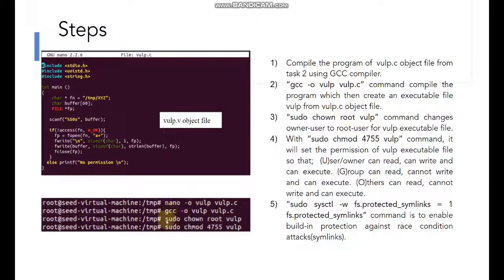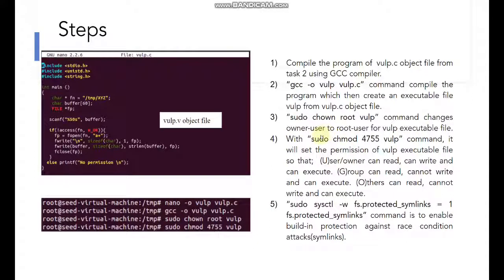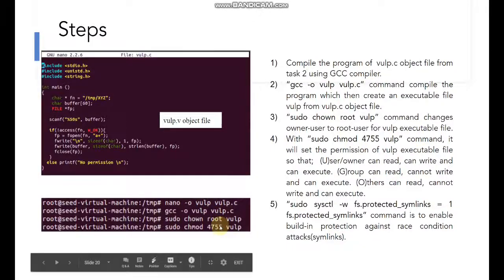And this sudo chown root valve command changes the owner to the root user for the valve executable file, just like in task 3. And sudo chmod